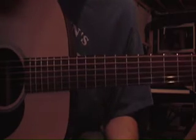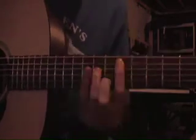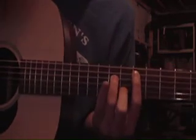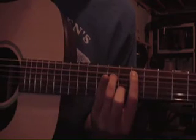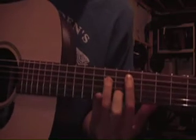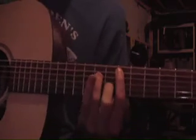And then the chorus is just a bunch of bar chords that kind of work their way down the neck and back up. So you're going to start with an E minor, and you're going to let all the strings ring open because it's all over E. So you can really let all of those ring, and I'm only hitting 3 notes with my fingers, you see. So it's E minor